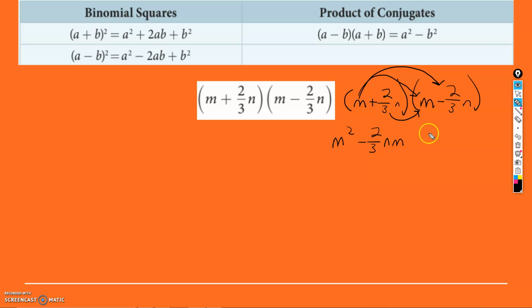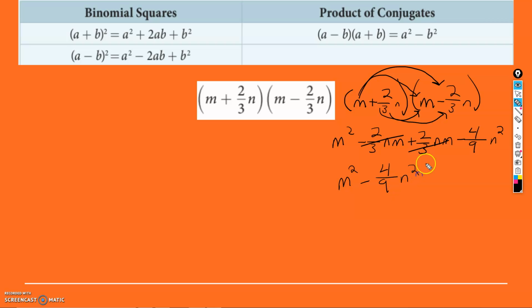Positive 2/3 n times m gives us 2/3 nm, and then positive 2/3 n times negative 2/3 n gives us a minus, 2/3 times 2/3: 2 times 2 is 4, 3 times 3 is 9, n times n is n squared. Let's clean this up. Notice minus 2/3 nm plus 2/3 nm, positive and negative of the same exact term, cancel each other out. So we get m squared minus